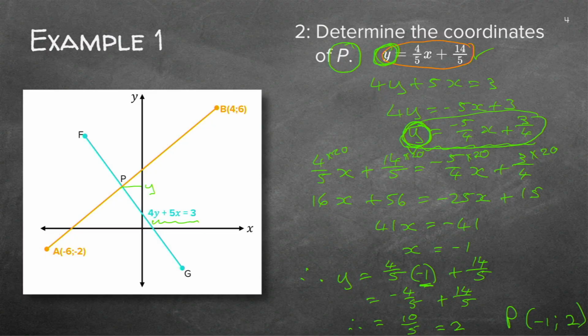Now I can go back to my sketch. You remember, they gave us the sketch, so I can check carefully. That could be minus 1, and that could be 2. It looks totally possible, and hopefully I'm right. I'm sure I'm right, and you can now go and retry it all on your own.